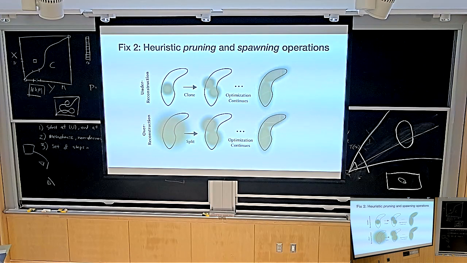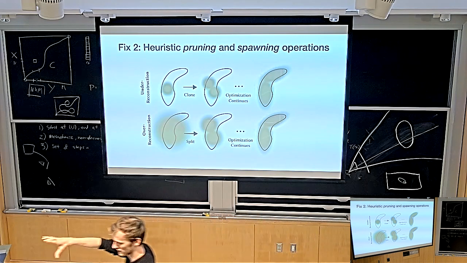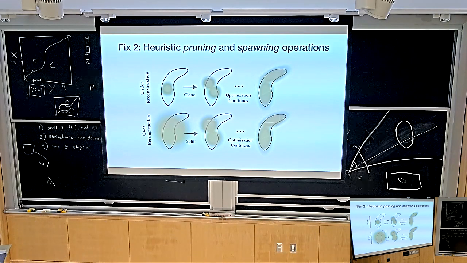So literally, what you do is you initialize your Gaussians according to your structure from motion point cloud. Then I think you initialize a bunch of other random Gaussians floating in space. And then you run optimization for some fixed number of steps. That's a hyperparameter, some heuristic. Let's say in the paper it's 100 steps. We run optimization for 100 steps. Now all of the Gaussians are going to wiggle a little bit in space. They're going to stretch. They're going to change their color. They're going to change their density. And then every 100 steps you run your little heuristic.